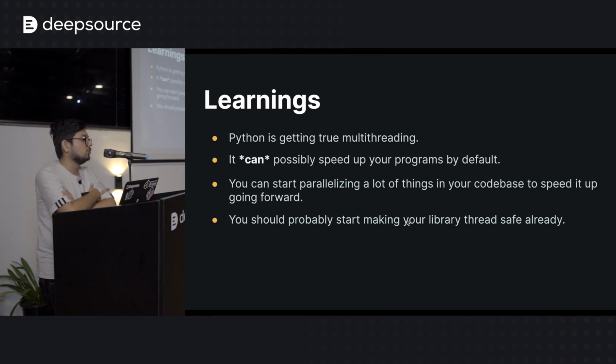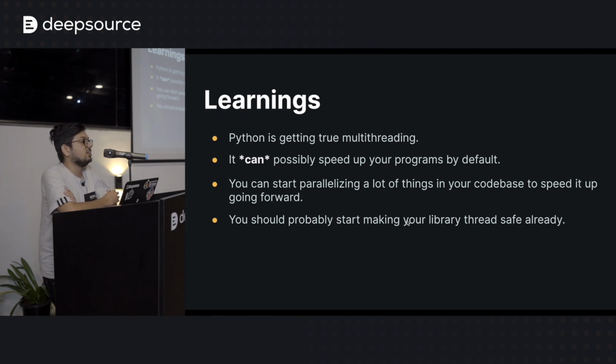I would assume that some of you have tried to make your code faster by using multiprocessing. It's a very painful process. But with threading, it will be a bit less painful. And if you have a library, you should probably start making it thread safe with locks and stuff like that, because people who were using your library kept working without any worries about concurrency control and locks and maintaining the correct state. But that's going to change very soon.